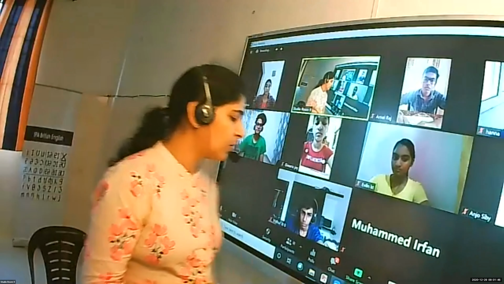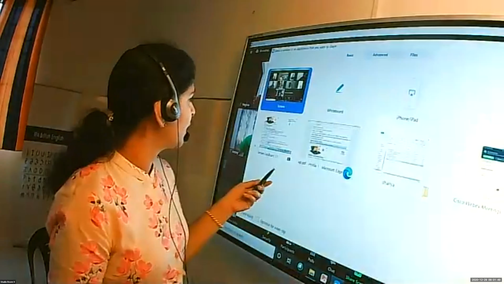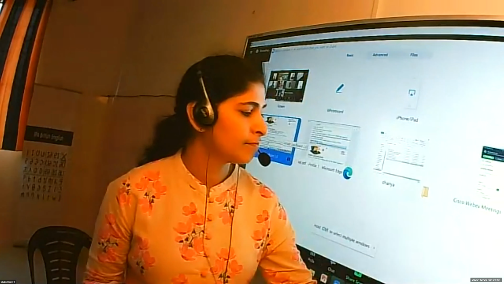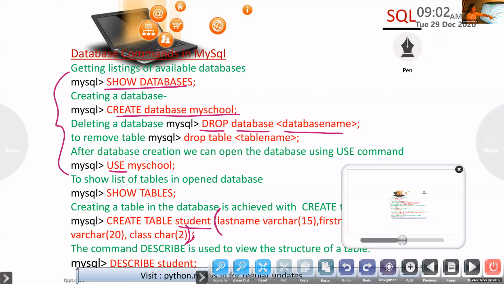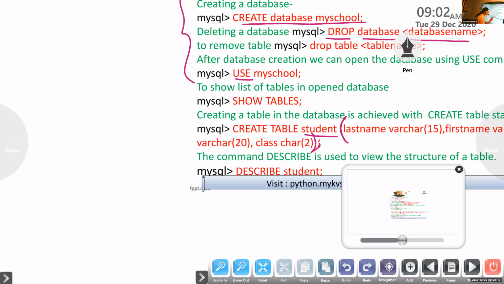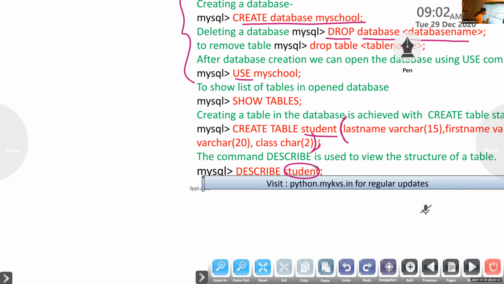Okay, let's continue with the queries. After creating the table, if you want to view the table structure that you have created, you can use the statement DESCRIBE student, where student is the table that we created.